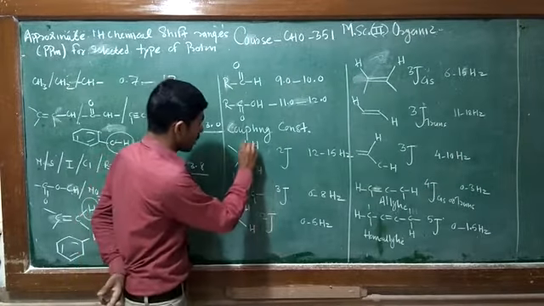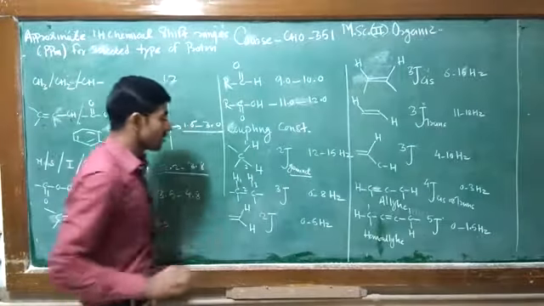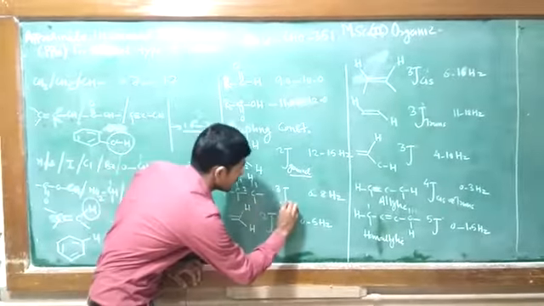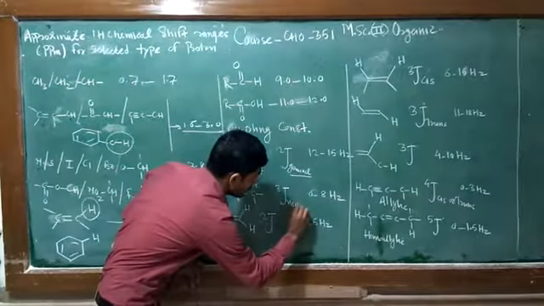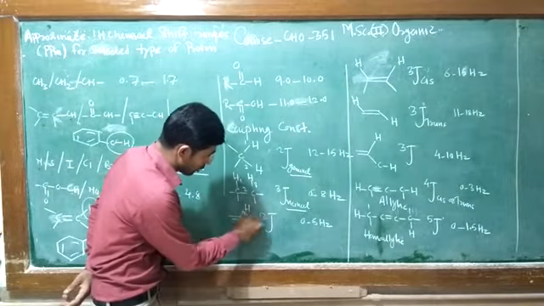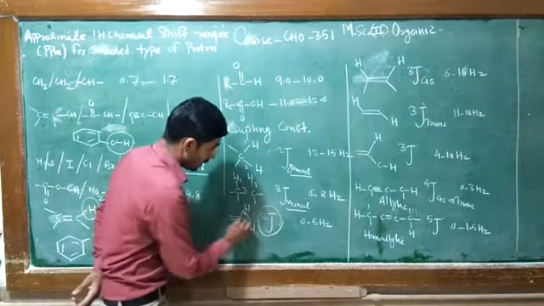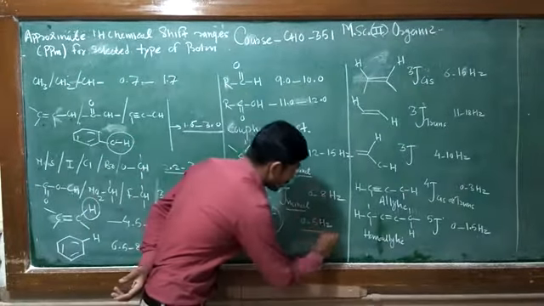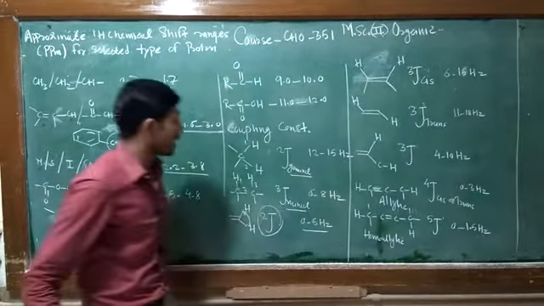Vicinal coupling is 3J, meaning 1, 2 and 3. This is a vicinal coupling, a 3J coupling, 6 to 8 hertz. In alkanes we most often observe this coupling. Then in alkene, geminal coupling, the 2J coupling, is 0 to 5 hertz. This is smaller compared to the alkane molecule.